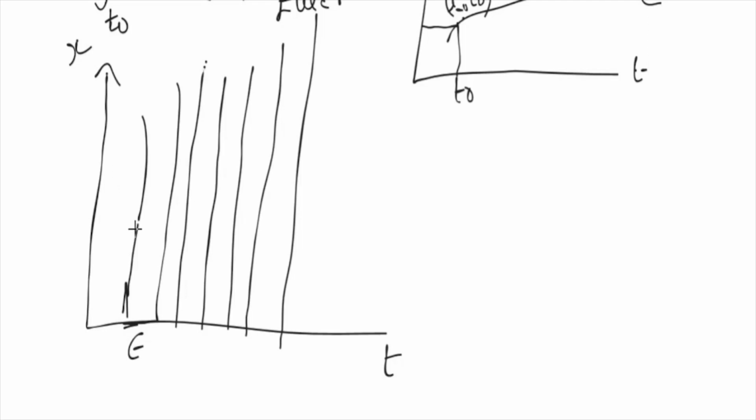How will the straight line be? Suppose your particle is here at x0 and your particle is moving like this. This is the trajectory of the particle, and this is x naught. What is this? This distance is x and this distance is t, or we can say dx/dt. Then this slope will give us the velocity. So we can shrink epsilon to 0, but before that, let's work out the approximate theory.